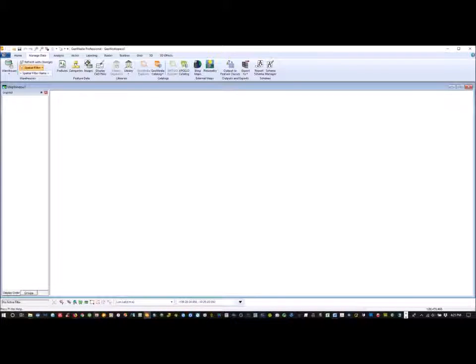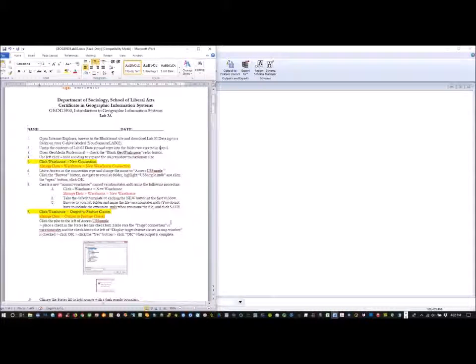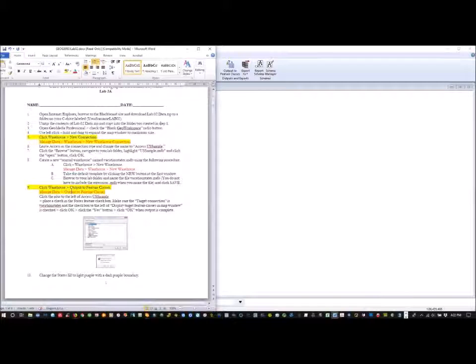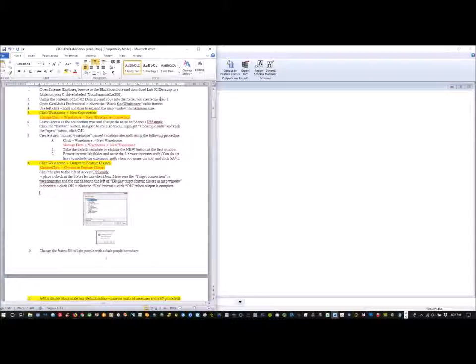Let's look at what the lab sheet asks us to do now. Remember that the video represents an older version of GeoMedia, so anytime you see red font below an entry, this is just telling you what an operation you're going to do, and this tells you exactly what to click. So 9, click Warehouse Output to Feature Classes. So what you really need to click in the new GeoMedia is Manage Data Output to Feature Classes, and let's see